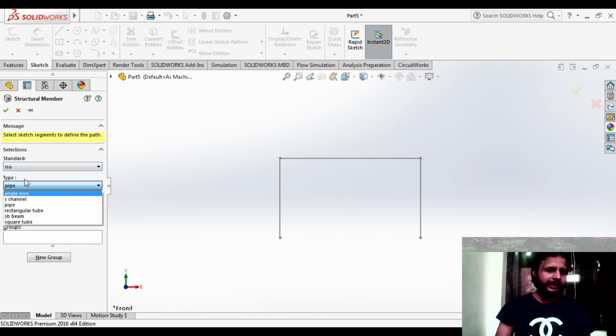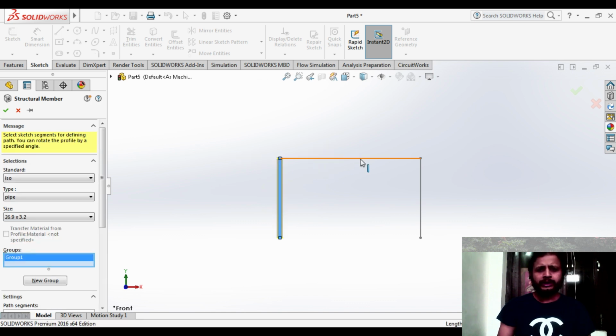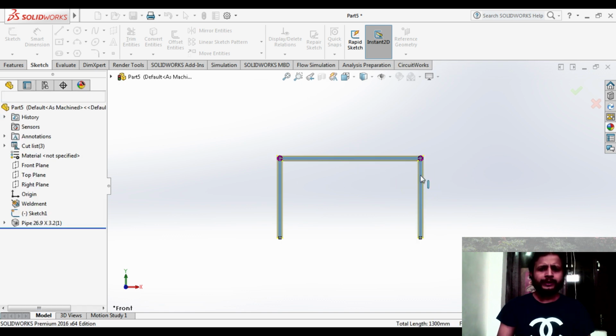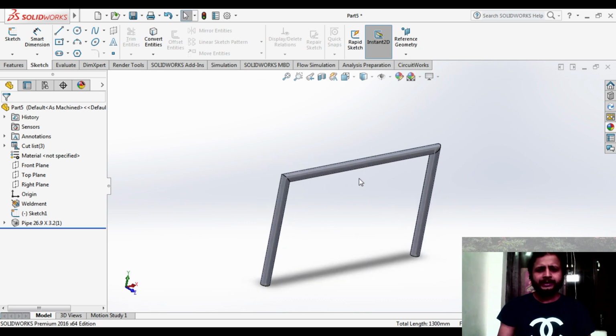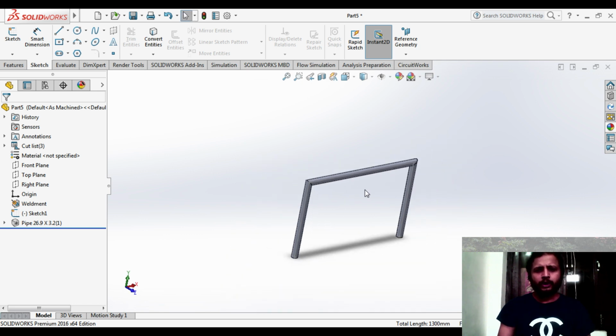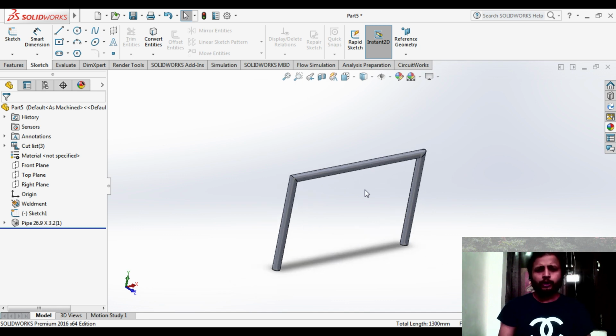We can take any one from here, and size is given, or you can change here as per the standard, and just give the grouping. So we will perform here the one group only. Here, just say OK. And now you can see we have prepared this, the combination of beam and column.